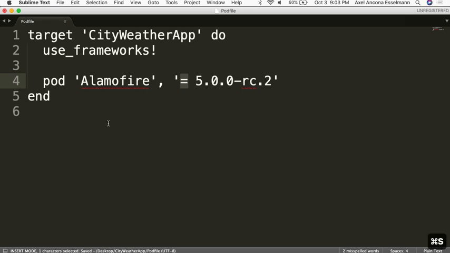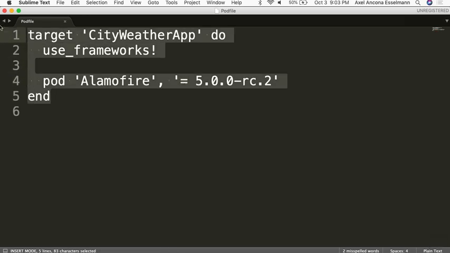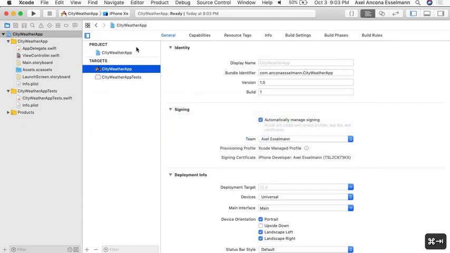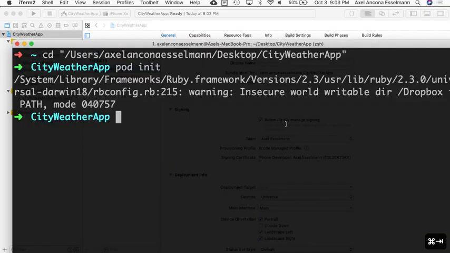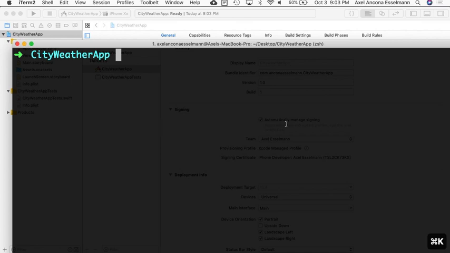So let's save this. Now we have specified the dependencies that we want to use for the target that we created here with our empty project. So our main target is now going to use this. Now we can actually install all those dependencies. That also goes very quickly, and it's very simple. So pod install